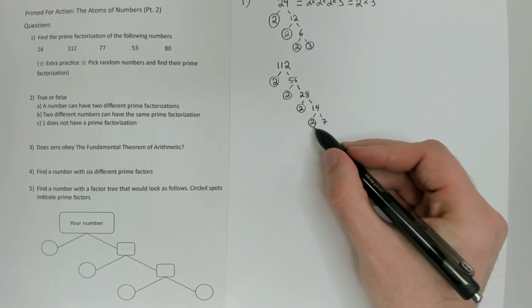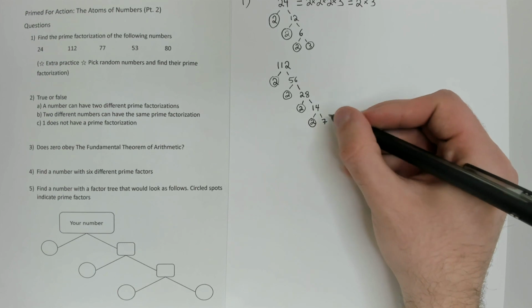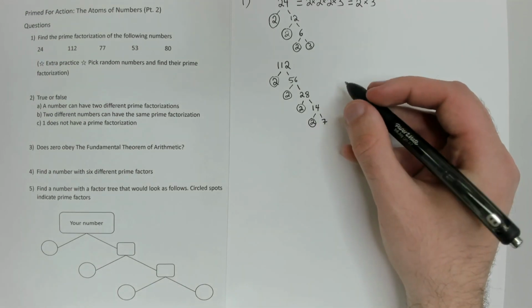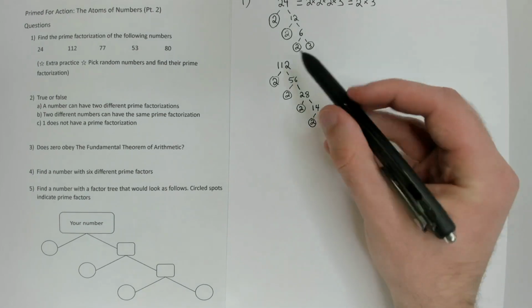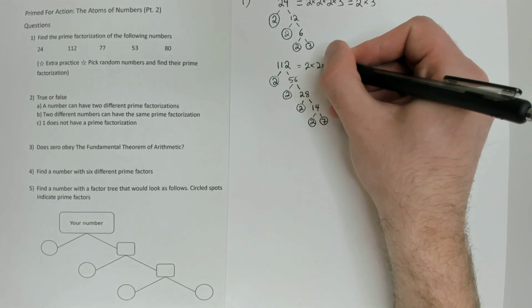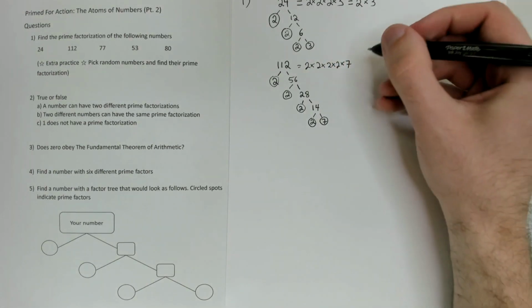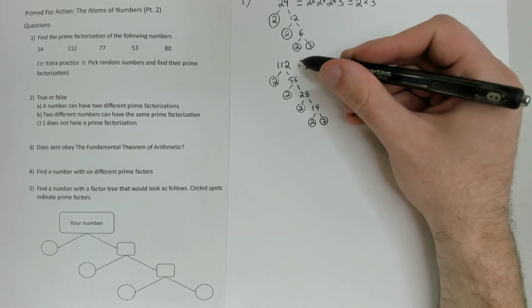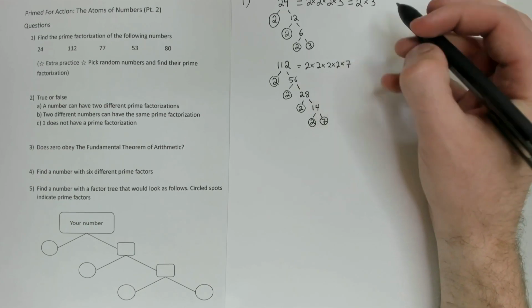So 2 is a prime number, right? All these are primes. Is 7 prime? Well, it sure is. You can check, but 7 is prime. It can't be divided by anything other than 1 or itself. So we get 2, 2, 2, 2, and 7. 2 times 2 times 2 times 2 times 7 is the prime factorization of 112. This is the unique combination of prime numbers which the fundamental theorem of arithmetic guarantees gives